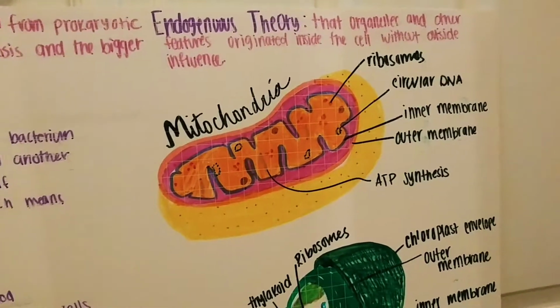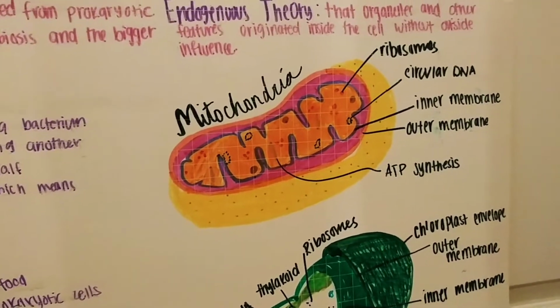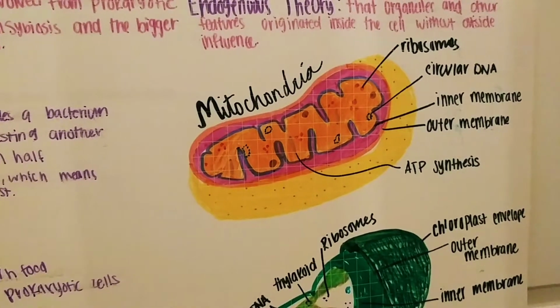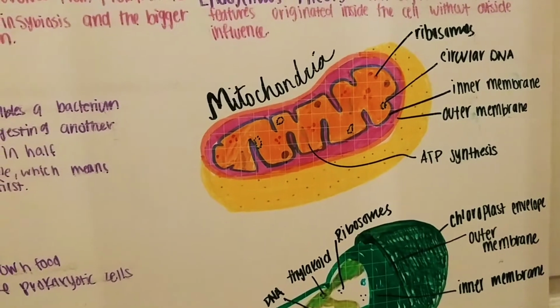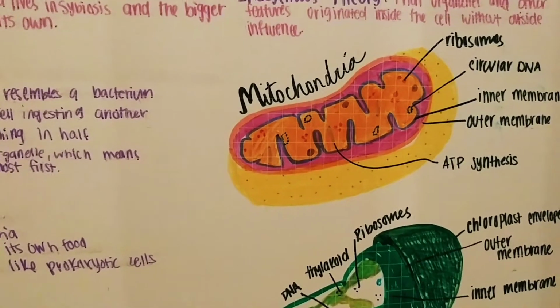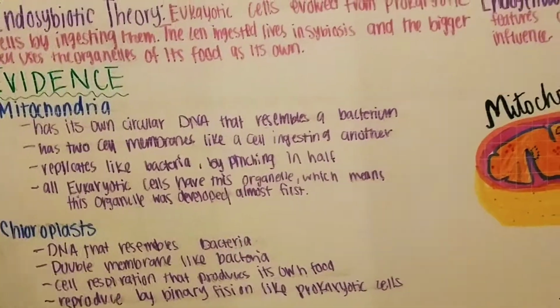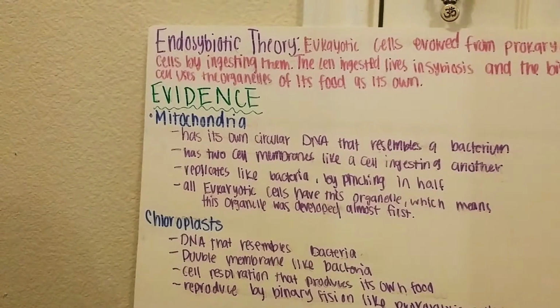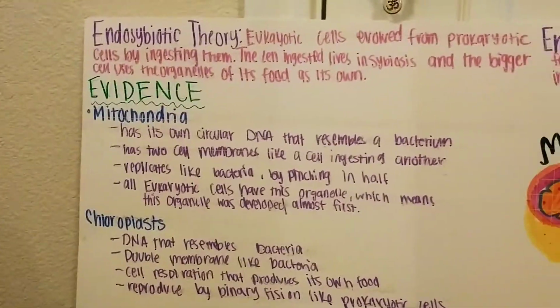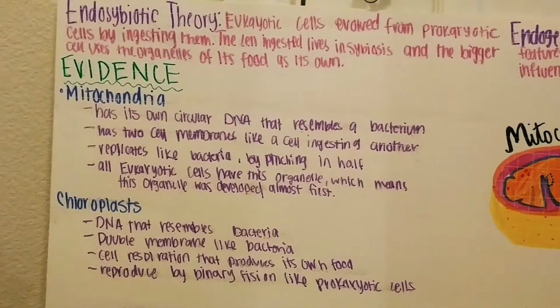Some have one type of organelle which can be to breathe oxygen or to make its own food using synthesis of chloroplast. And there's the endosymbiotic theory, which explains how eukaryotic cells came to pretty much evolve, and they